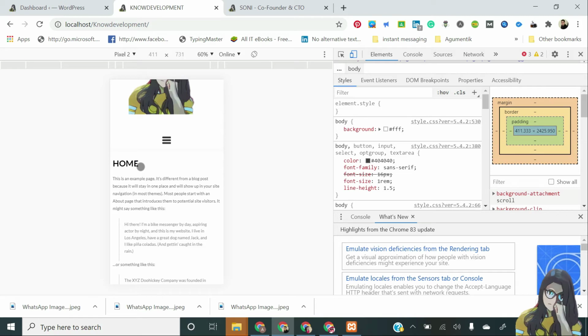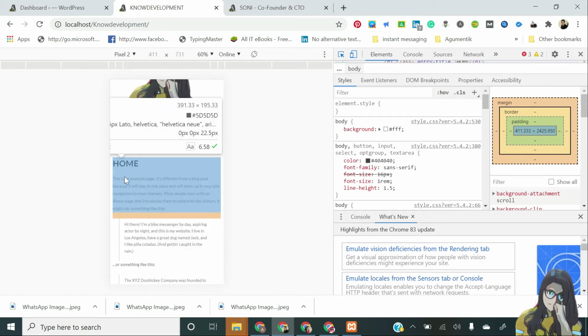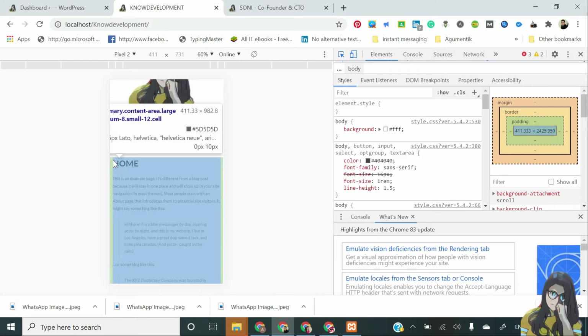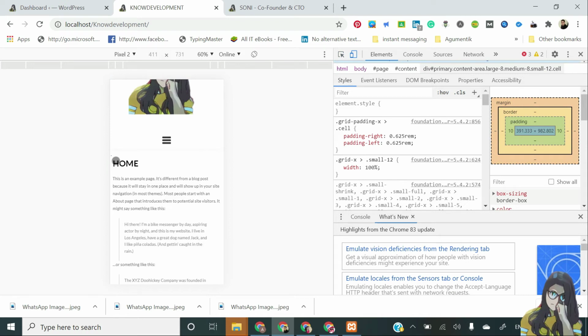If you are trying to make changes in your dashboard and it is not working, then obviously you will have to go for the second option, which is the CSS code you will have to write. Here I'm explaining how you can do it. Suppose you are taking this section, okay.